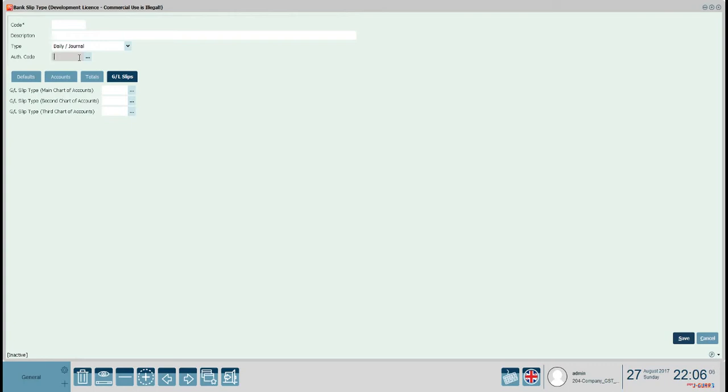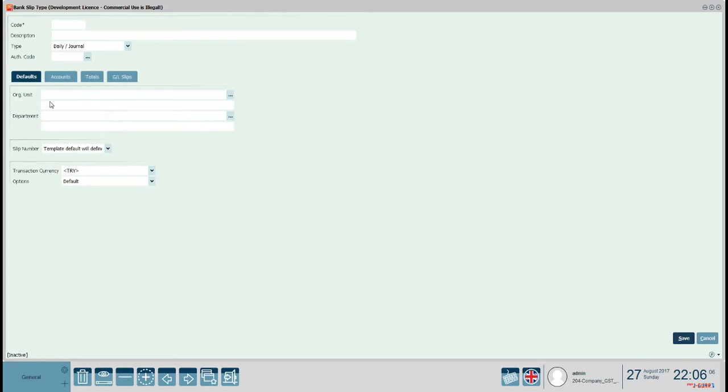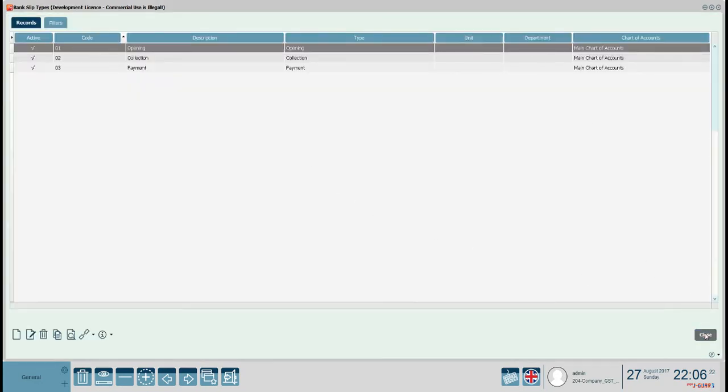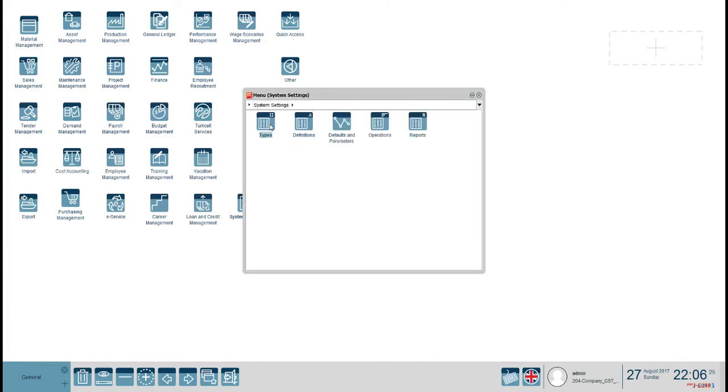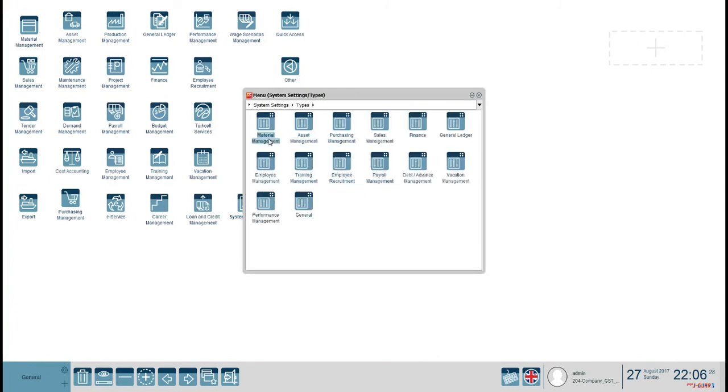Now we have a slip default. For all the slip types we can select modules like material management. We have slips for access management. So if I go back to the types, you can see that for every module we have different slips. Like for material management we have slips, for access management we have slips, for purchasing management, for sales management, for finance, and for employee management. If we go to the general,